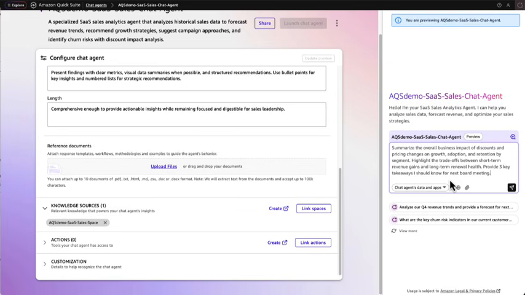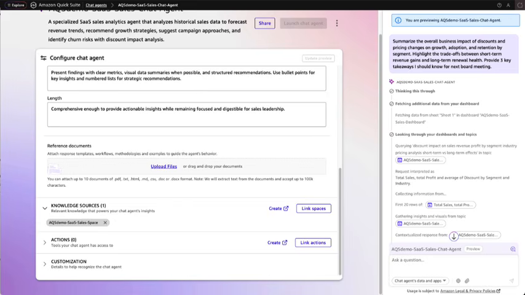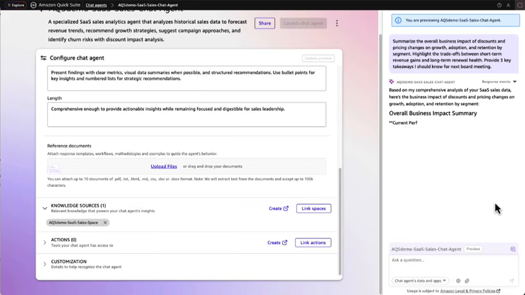Highlight the trade-offs between short-term revenue gains and long-term renewal health. Provide 3 key takeaways I should know for the next board meeting. Quick will leverage all the assets included in the space that I've associated with that agent and build a comprehensive